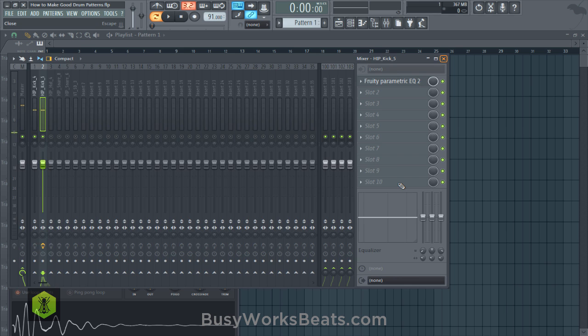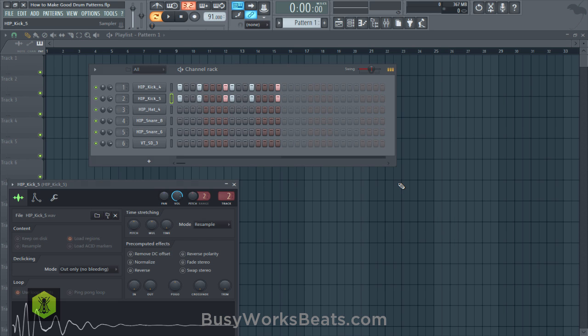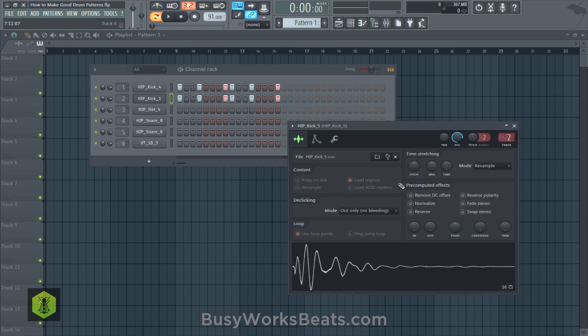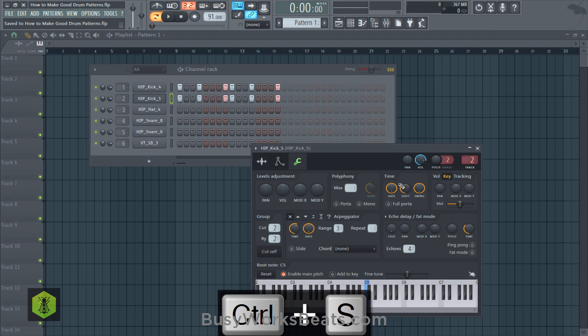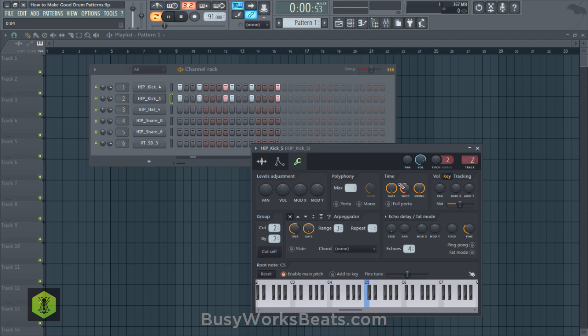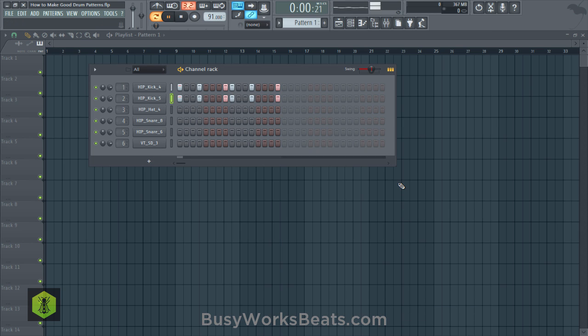Now, how do we layer two of these kicks? If they're hitting at the same time, won't they clash? Yes. Depends on the frequency. But for the most part, what I'm going to do here is go to the wrench tool for the second kick. I'm going to go to what's called time shift. This will delay the second kick behind the first kick so they don't hit at the same exact time. Now it sounds a little off, but I'm going to use it for an accent. For added thrust to the kick.